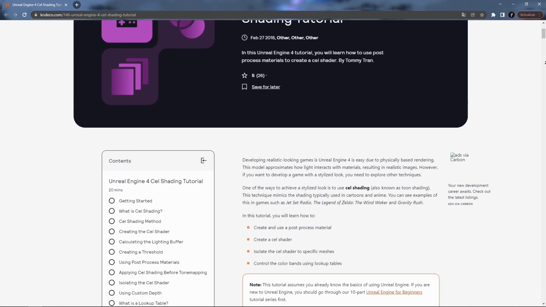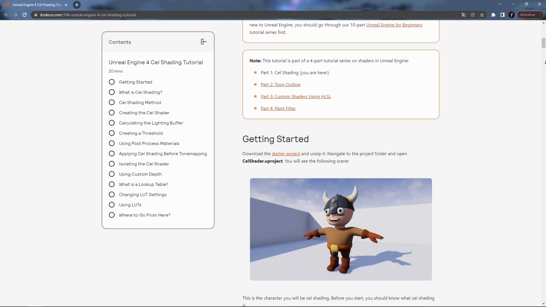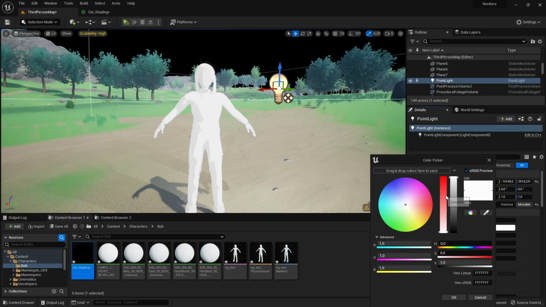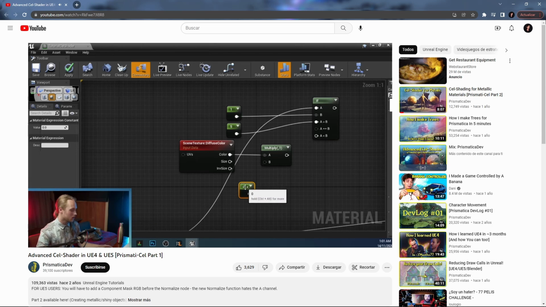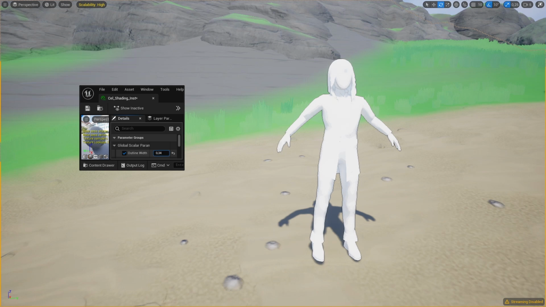In my first attempt, I followed this great article by Tommy Tran and implemented a basic cel shading. It looked good, but it had a small problem: it didn't take into account the color of the other light sources. Luckily for me, this is a problem that Prismatica Dev solved before and made a tutorial about it, so I just joined his implementation, adapted it to mine, and it was ready. Oh, I also added an outline, but I don't have much to say about it, so let's go for the next step: